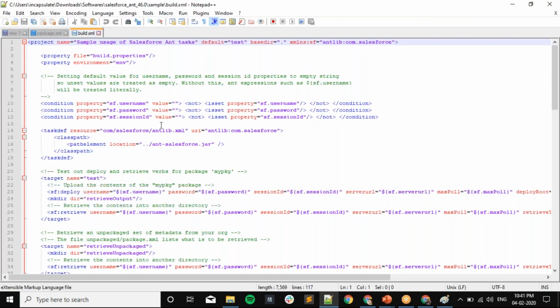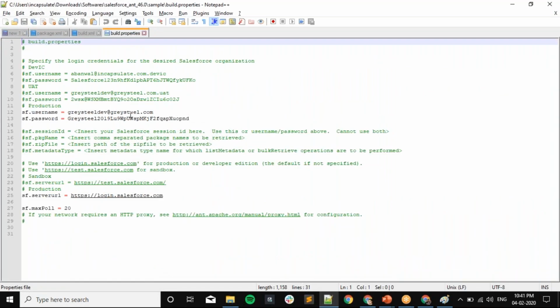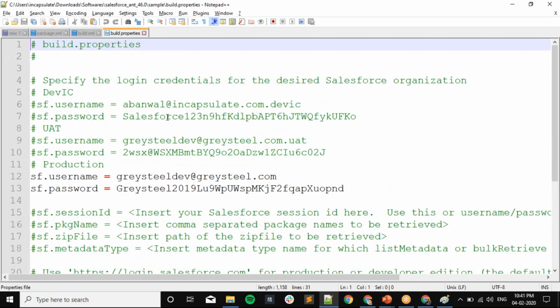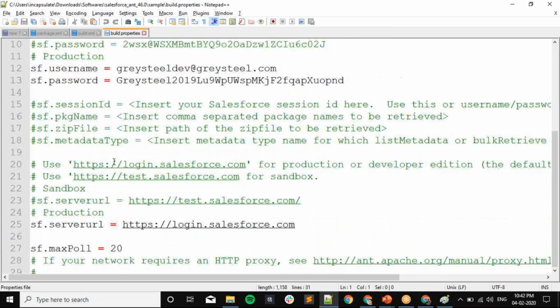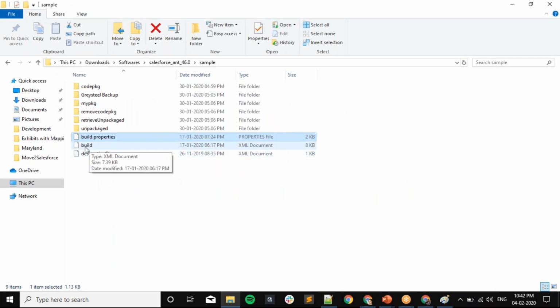In this build.properties, you need to write all those usernames and passwords. These are my username and password. And this is the build file.